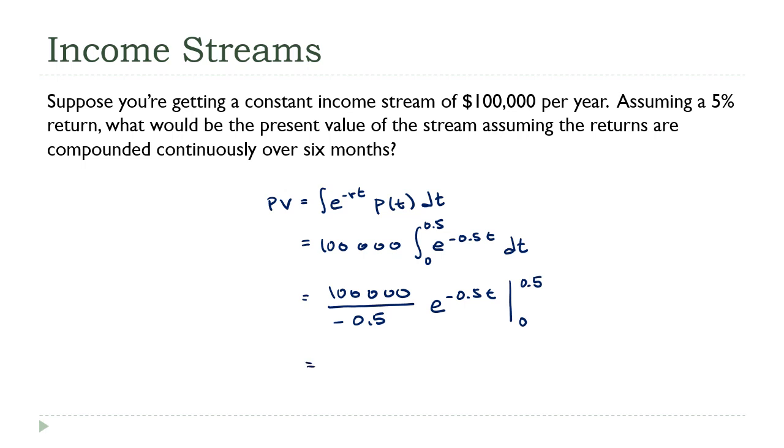So what do we get over here? This is negative 2 million, I believe, 6 zeros: 2, 1, 2, 3, 4, 5, 6. E to the negative 0.5 times 0.5 minus e to the negative 0.5 times 0. That's nice. That's going to be e to the 0. That's going to be 1. Now, if you go to your calculator and do the arithmetic here, this comes out to